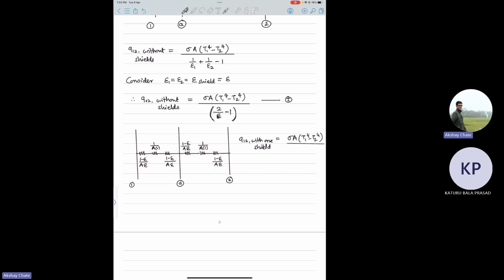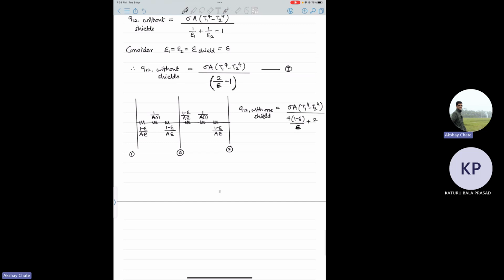What you get is 4 into 1 minus epsilon divided by epsilon, because the A goes to the top. And then there are 2 terms with 1 by A. So there will be 2 here. I hope this is clear. I just skipped one step where you take A common and put it in the numerator, but this is also fine. So if you further simplify this, what you end up getting is